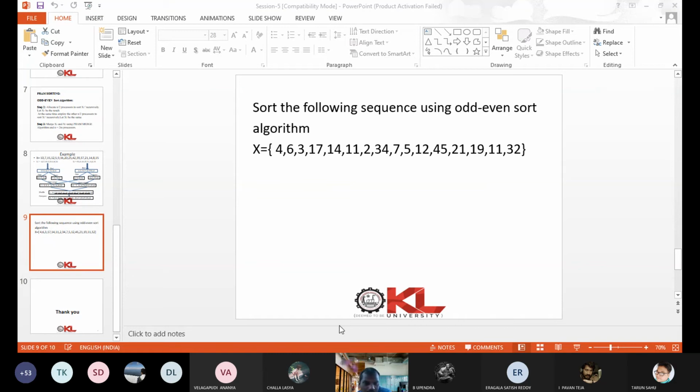So all of you solve these two problems, right? One is PRAM merging, another one is PRAM sorting. Now, I wish to ask one more question, all of you.